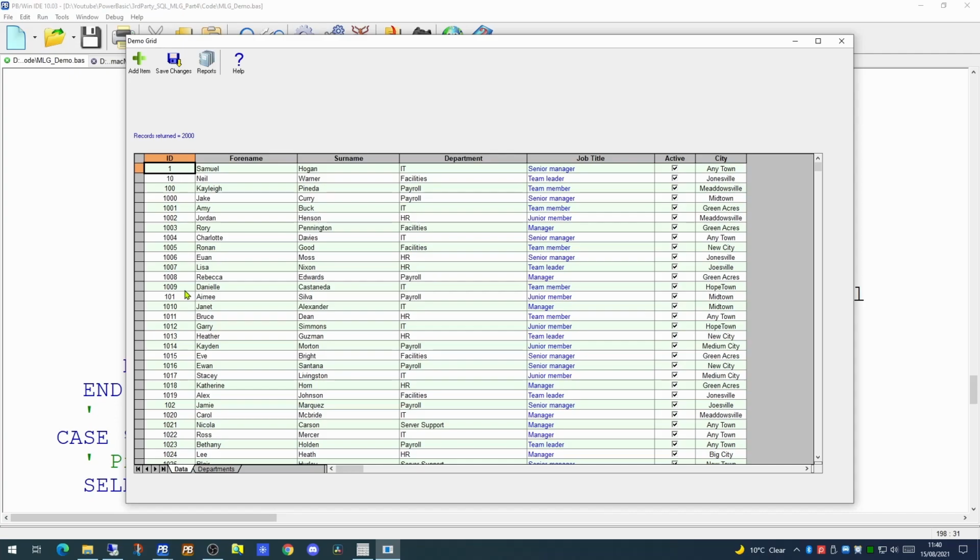So today we have added to our application a toolbar to illustrate to the user how they can add items and save changes. We have allowed the user to be able to copy any individual cell in the grid to the clipboard. We've allowed the user to be able to sort the entire grid by any individual column. And we've also allowed the user to be able to actually amend the data within the grid for the department using a drop-down. What we'll cover in our next video is highlighting the changes the user has made to the grid on the screen, and then allow them to save those changes